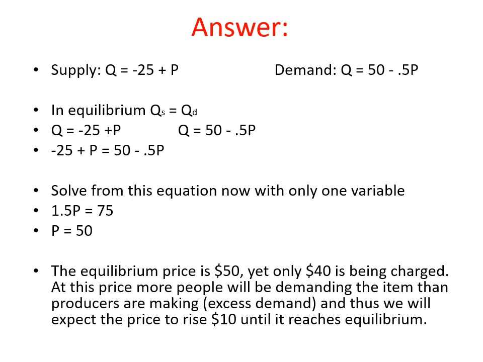Yet we were told that only $40 is being charged. At this price, more people will be demanding the item than the producers are making. Right? At $40, when the equilibrium should be 50, we're going to be purchasing a bunch, and so excess demand will occur, and thus we'll expect the price to rise about $10 until it reaches its